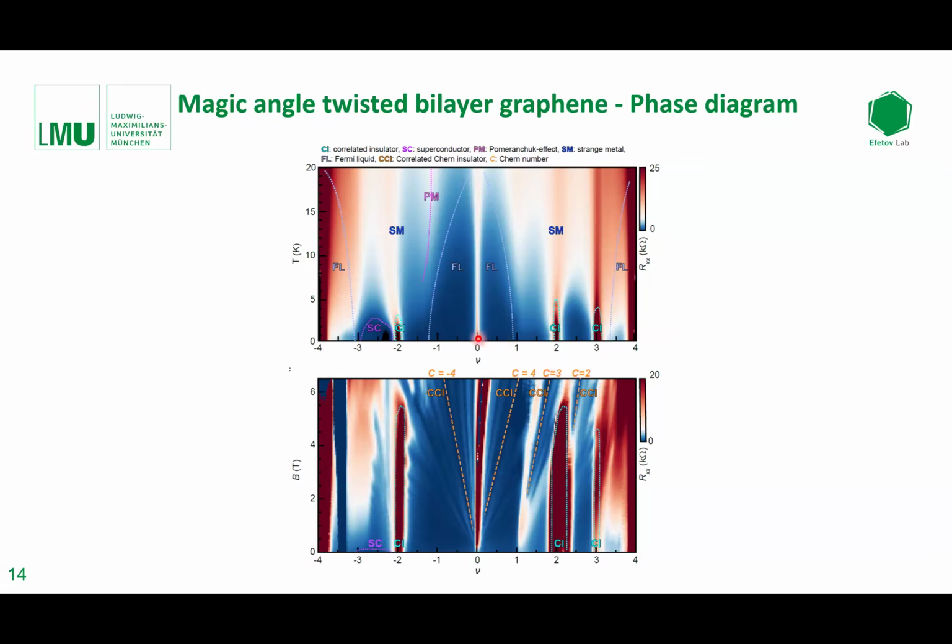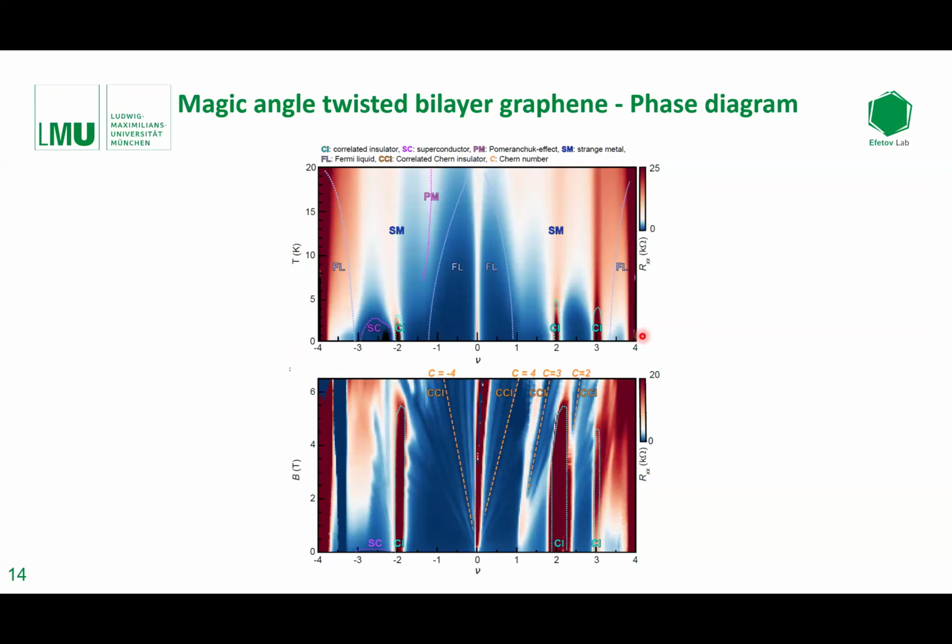And just to also mention this from the beginning, filling factor is basically something which is proportional to the carrier concentration that we induce into the flat bands, and it really just corresponds to how many electrons or holes we load in the individual unit cell. So when we load 1, 2, 3, 4 electrons into the conduction band, we basically fill up entirely the conduction band, and we hit the energy gap in the band structure that I showed before. And same thing for holes, where we basically empty it out completely